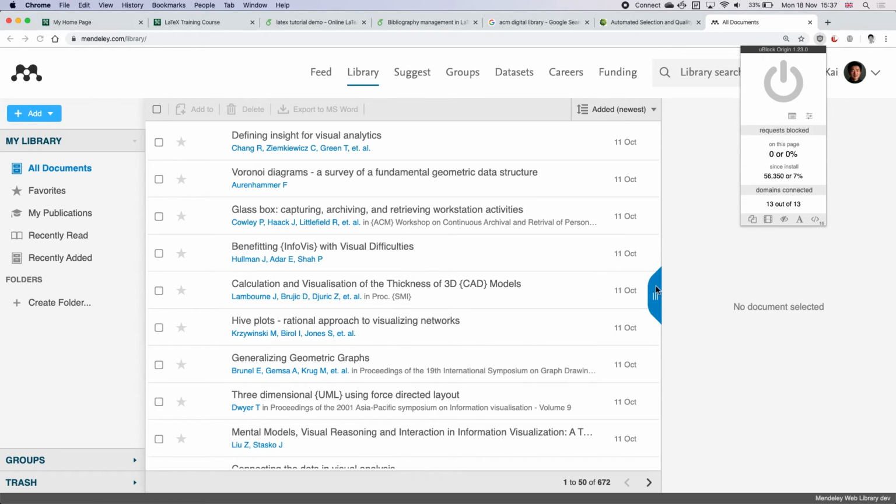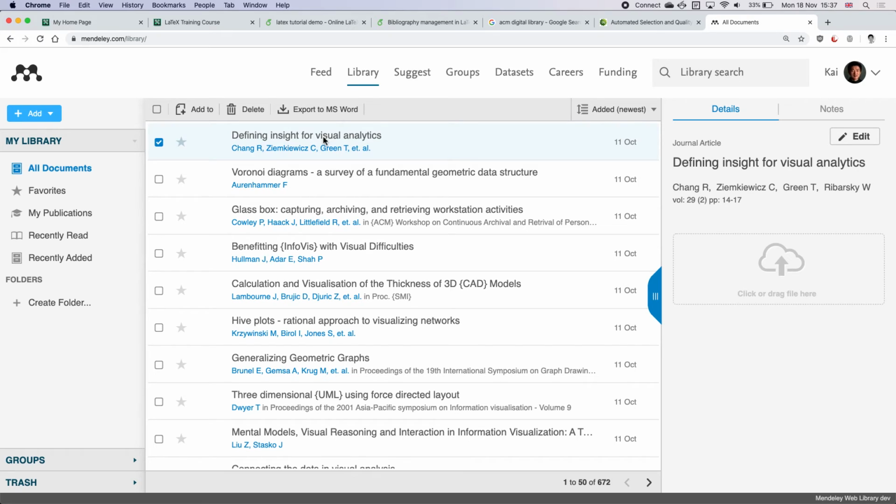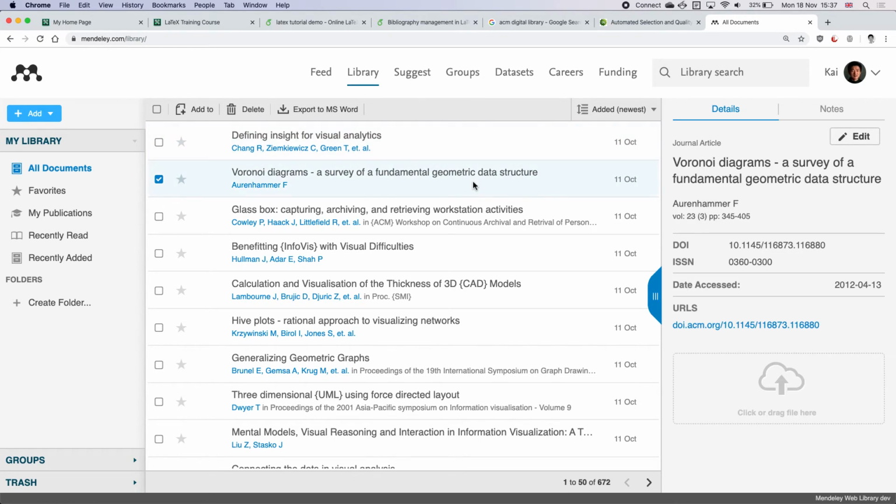So it's just usually a good way to help you organize your documents. Yeah, these are some other papers I read a long time ago. And most of them will allow you to export into BibTeX format,